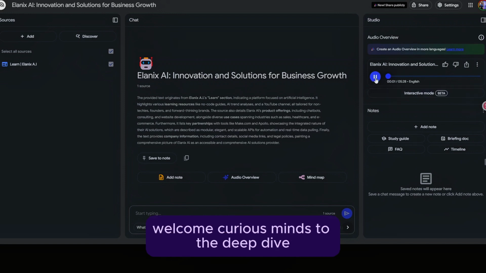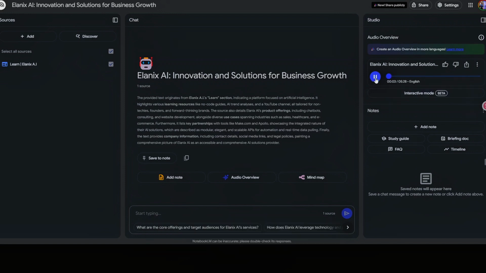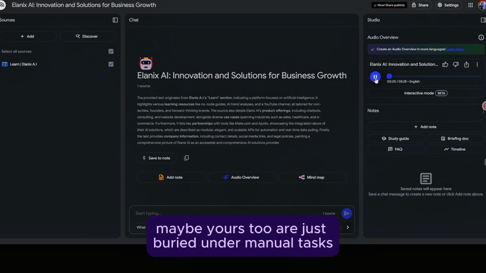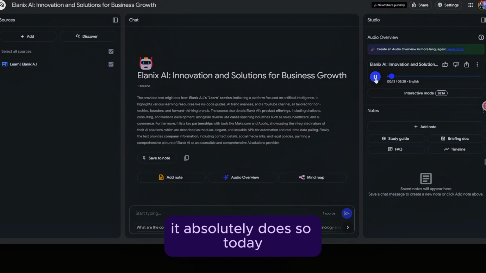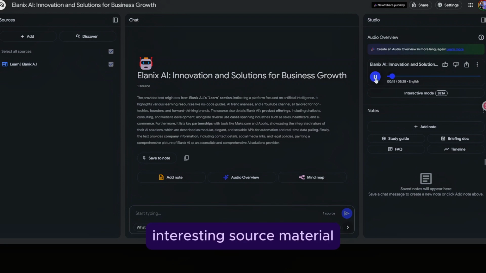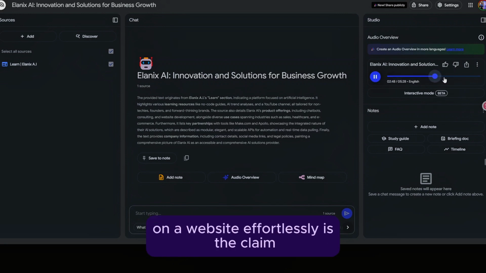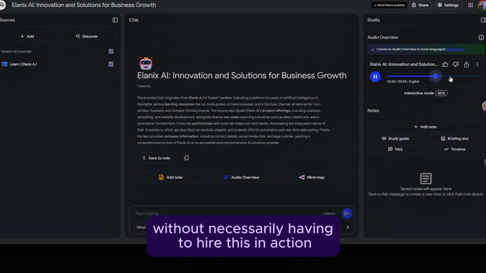Welcome, curious minds, to the deep dive. You know, many businesses, maybe yours too, are just buried under manual tasks, disconnected systems. It really stifles innovation. It absolutely does. So today we're diving into some really interesting source material on effortlessly is the claim, without necessarily having to hire